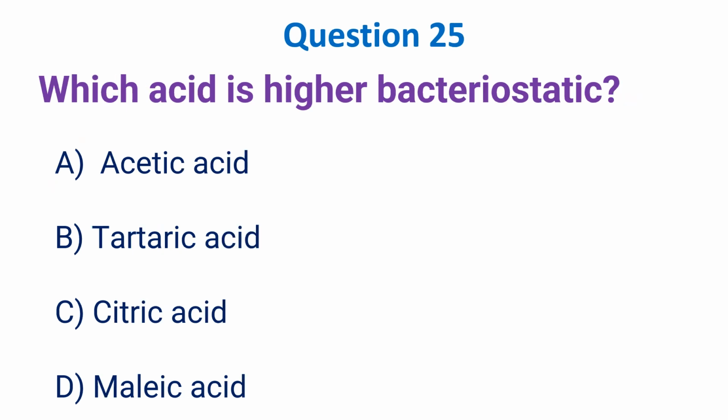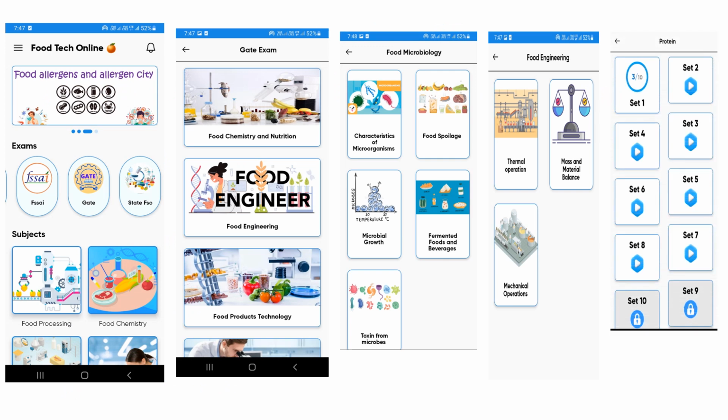Question number 25. Which acid is higher bacteriostatic? Options are option A acetic acid, option B tartaric acid, option C citric acid, option D malic acid. And the correct answer is option A acetic acid. At a given pH, acetic acid will have a higher bacteriostatic effect because under comparable conditions of acids, this acid, that is the acetic acid, dissociates less than the other acids such as the lactic acid, citric acid, tartaric or malic acid. So we have covered all the 25 questions,